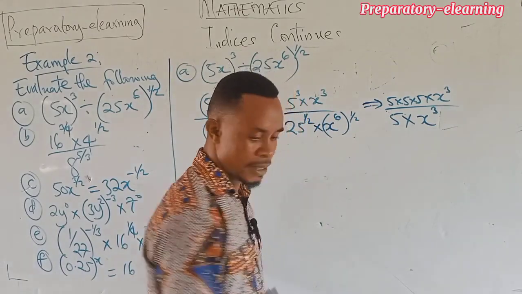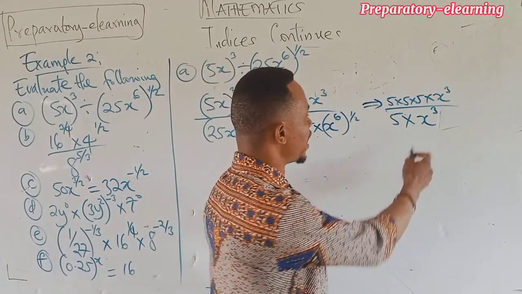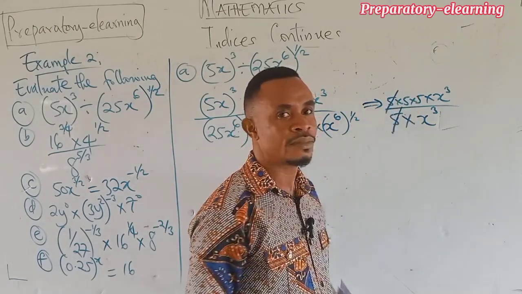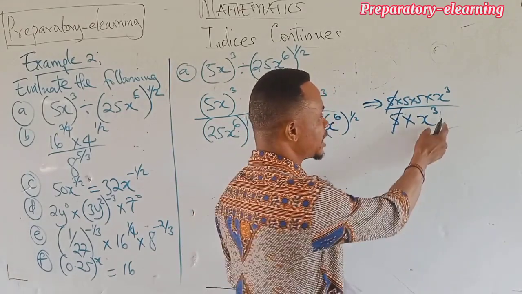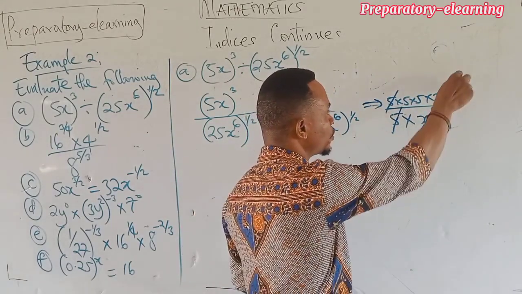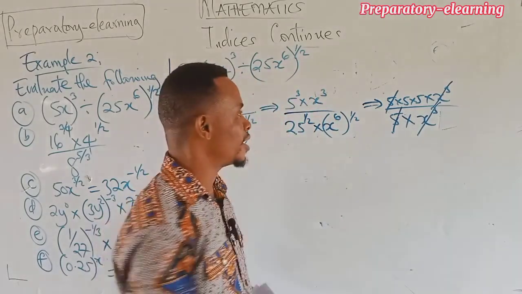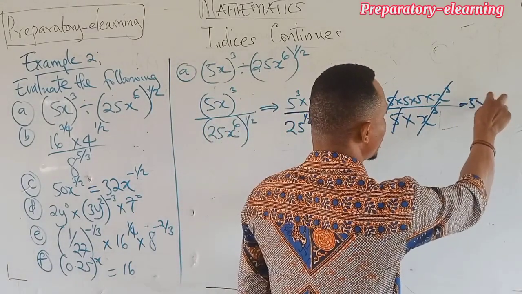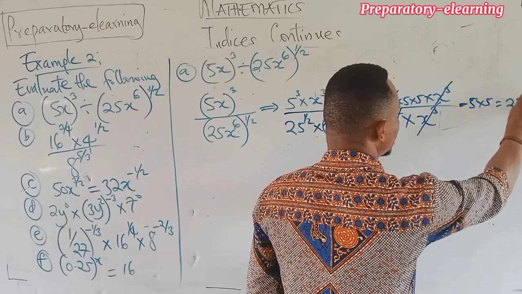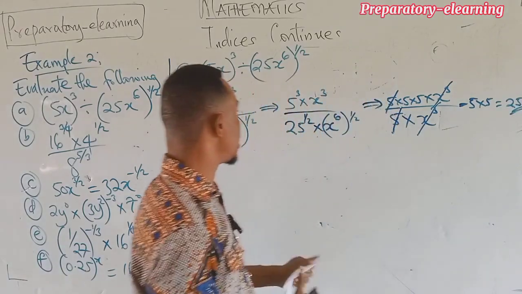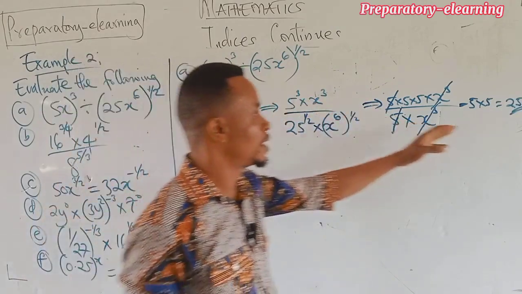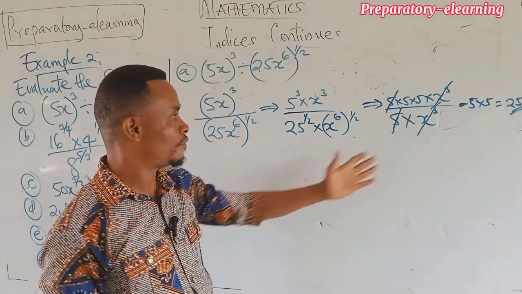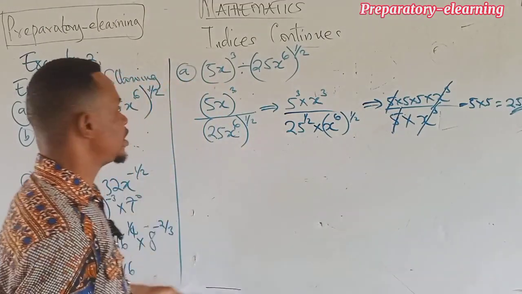Now, moving further, we have this 5 here that can divide one of these 5s on top. So this cancels that. We can see that. Also, we have x to the power 3 and x to the power 3 on top. This cancels that. So what is remaining there? We have 5 times 5 remaining, which is what? 25. So the answer for this problem is 25. I hope you understand the simple steps that we have used there. Okay, the next one is